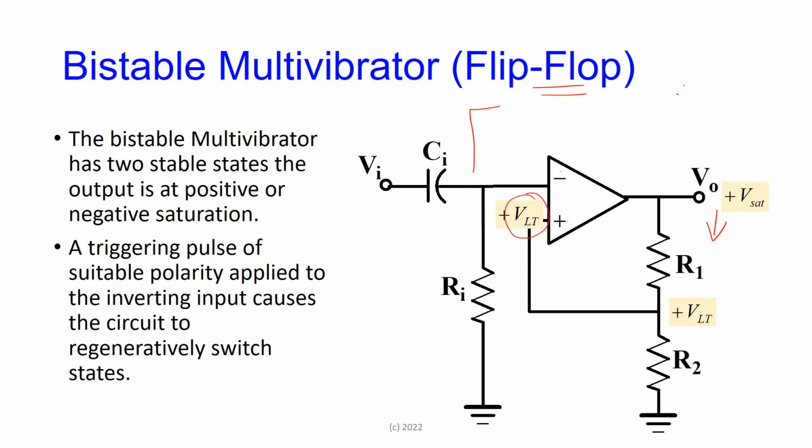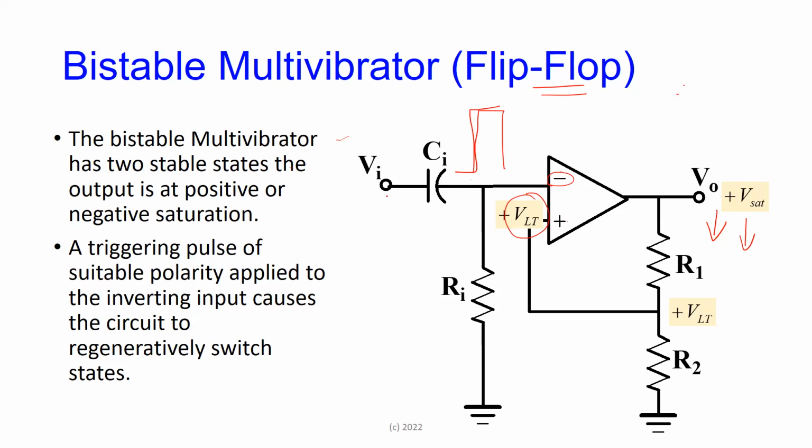So if it's in +VSAT and you do nothing, it stays there. If it's in -VSAT and you do nothing, it stays there. But how we get it to stay is by putting a suitable polarity voltage on the output. All right? So if the output is positive and you want to change it to negative, you have to make this terminal here